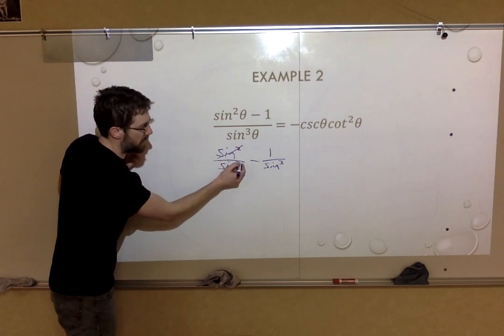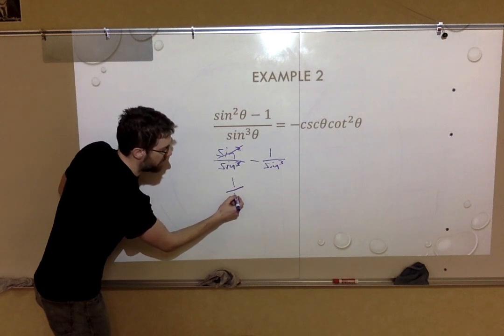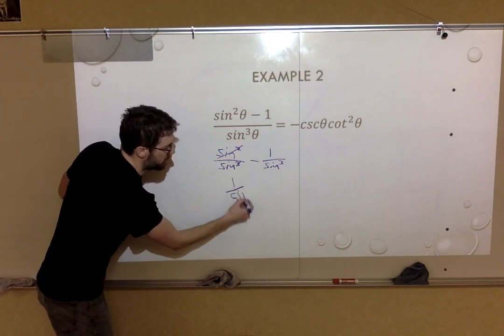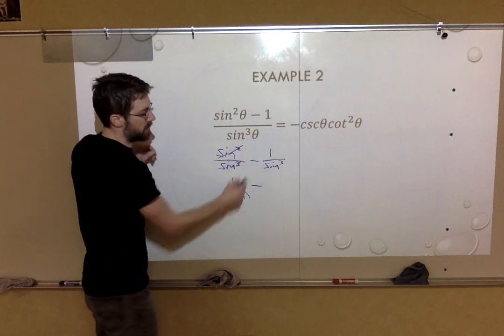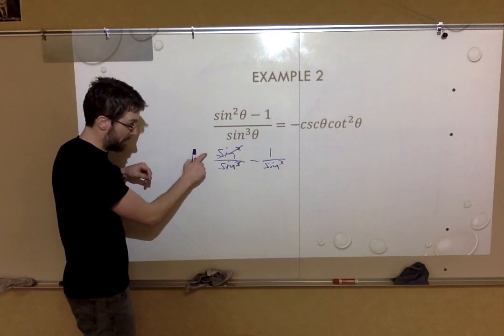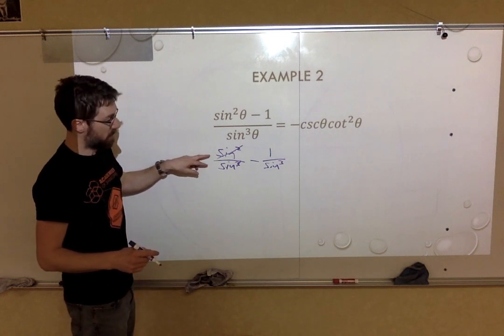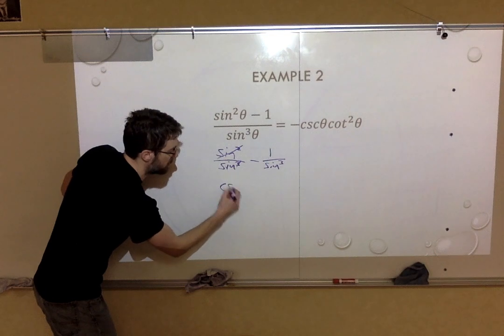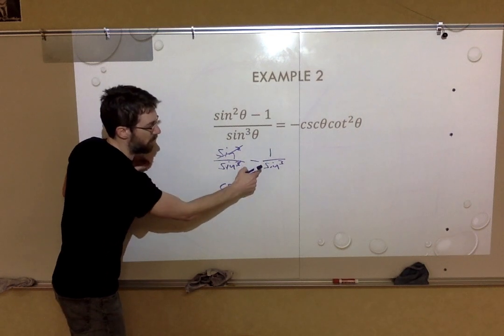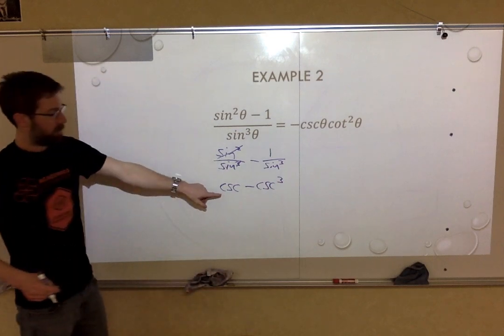These sines would cancel out 2 from the bottom, so I'm left with 1 over a single sine. And then over here, it's 1 over sine cubed. Well, that doesn't really go anywhere. I can change this to cosecant. And then 1 over sine is cosecant here, so this would be cosecant cubed. Well, now